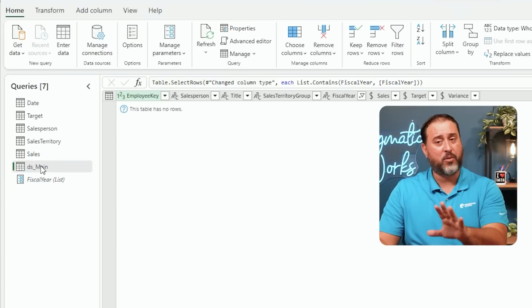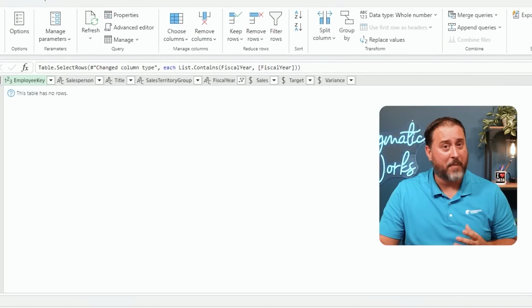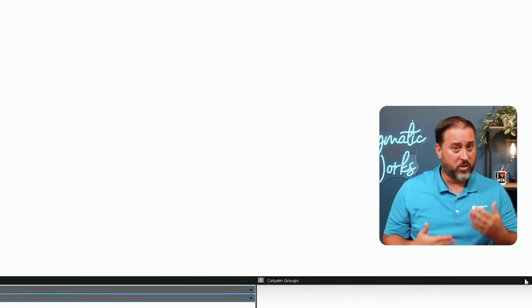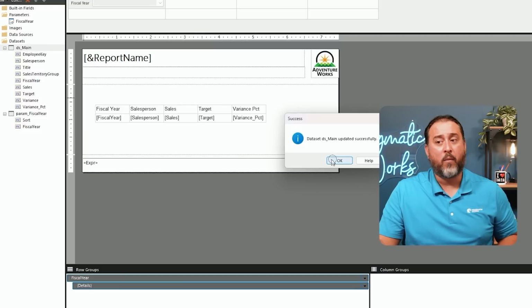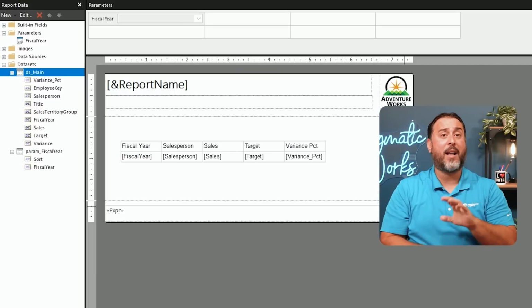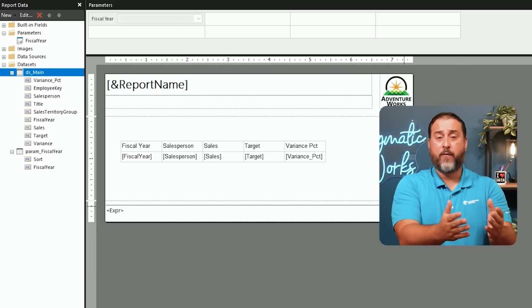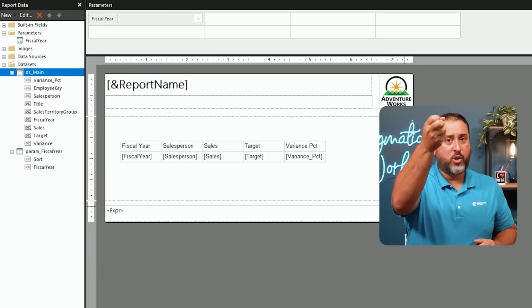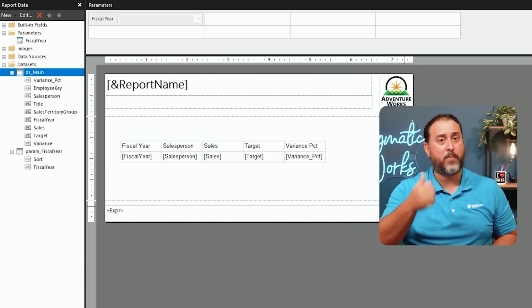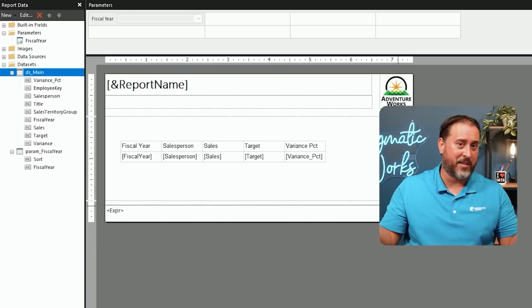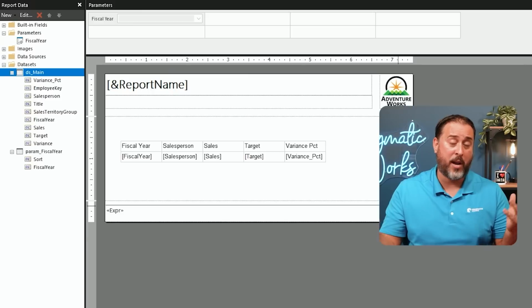We've effectively filtered this, and I will show you right now how it's working. So I hit create, right? This updates this. It's going to give us a little notation. But we have one more thing to accomplish. We need to map it. We've got a report parameter. This is a forward-facing object that users interact with. We want to take whatever that choice is and pass it through to this parameter now that is on the Power Query editor side. This process is actually very similar to mapping any sort of parameters, but we need